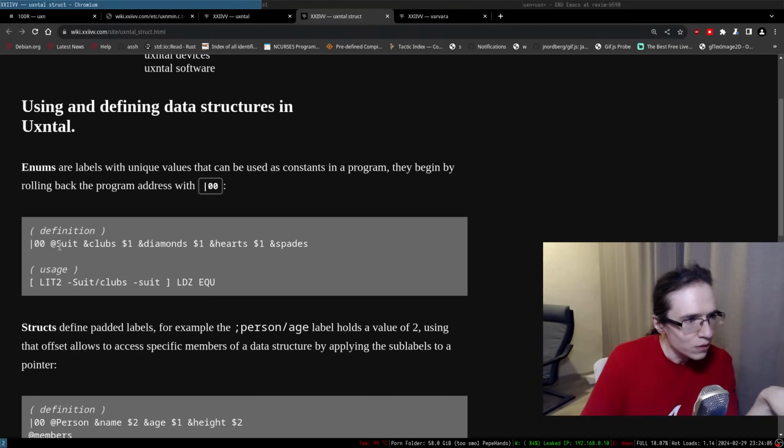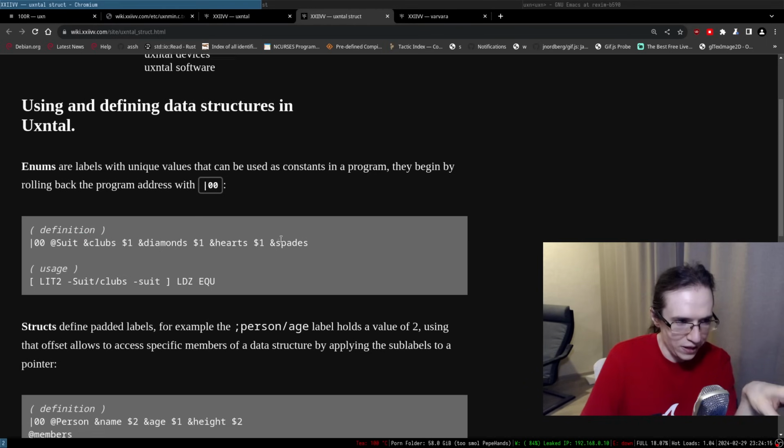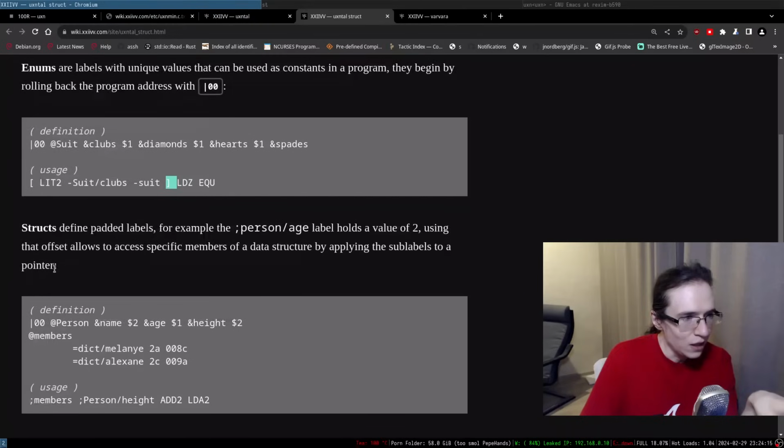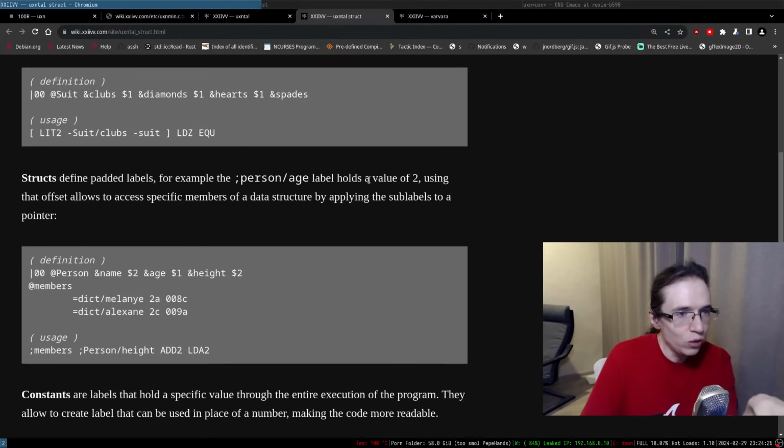So we move in here. We define the structure suit, and these are the fields: clubs, diamonds, hearts, and spades. And then the usage. Structs define padded labels. For example, this person age label holds a value of 2, and using the offset allows access.